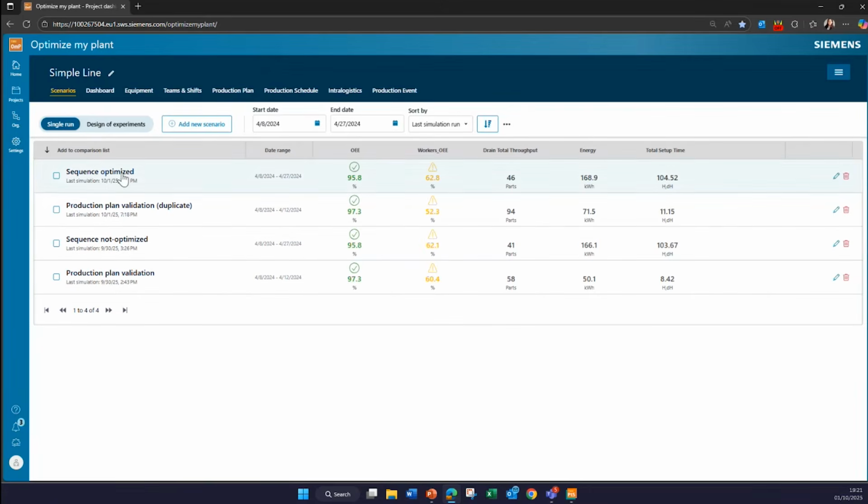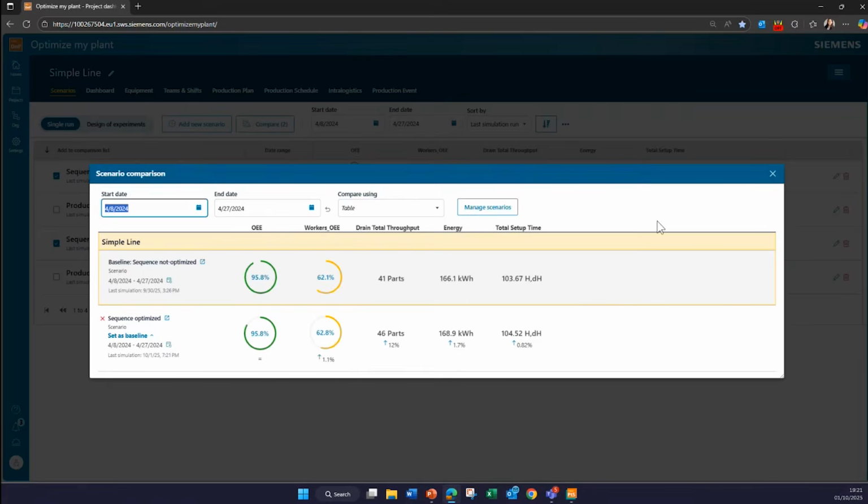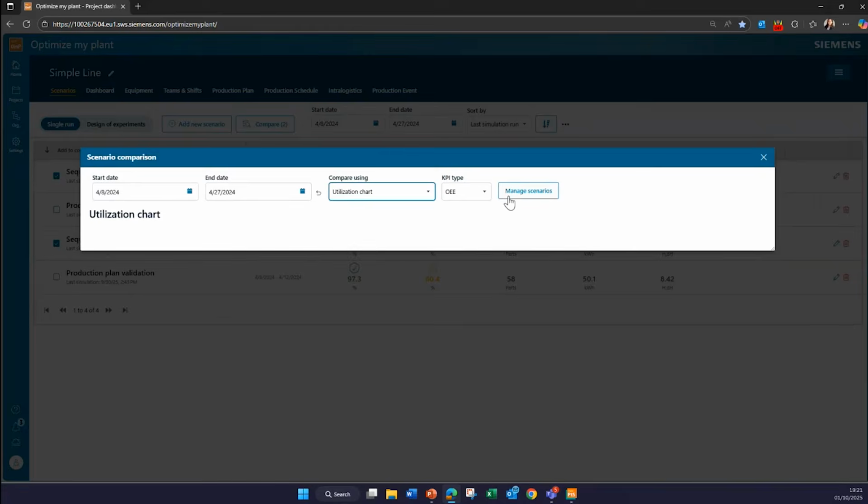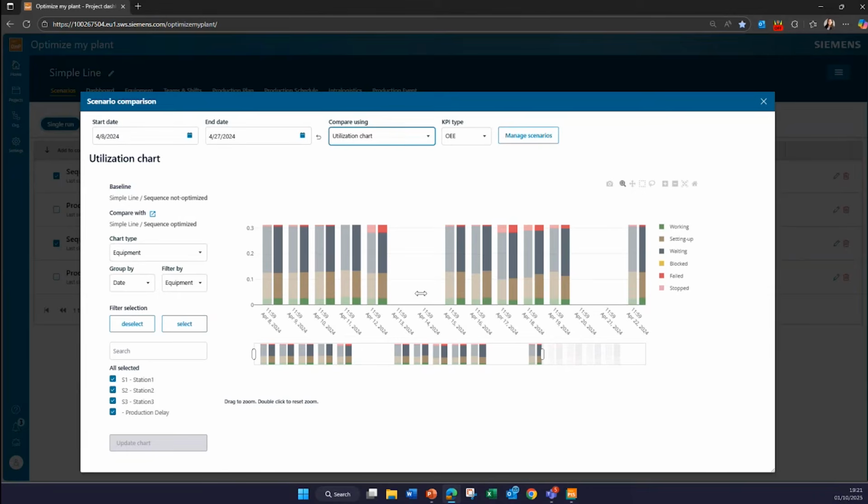And again, I really like this comparison capability because it helps you analyze different results. We can even show the utilization charts between the different stations, and you can go down to the level of each machine.